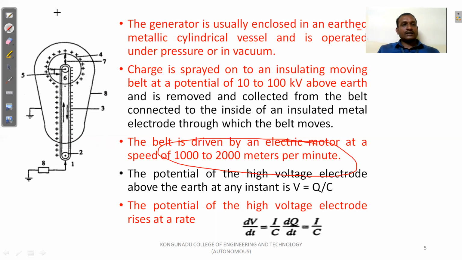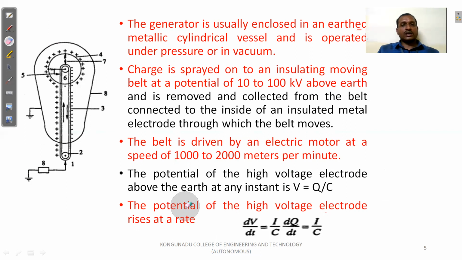The potential at the high voltage electrode above the earth at any instant is very high. The formula is V equals Q by C, the potential at the high voltage electrode. The rate of change of potential at the high voltage electrode is dV by dt equals I by C. The overall system is enclosed with a metallic cylindrical vessel,